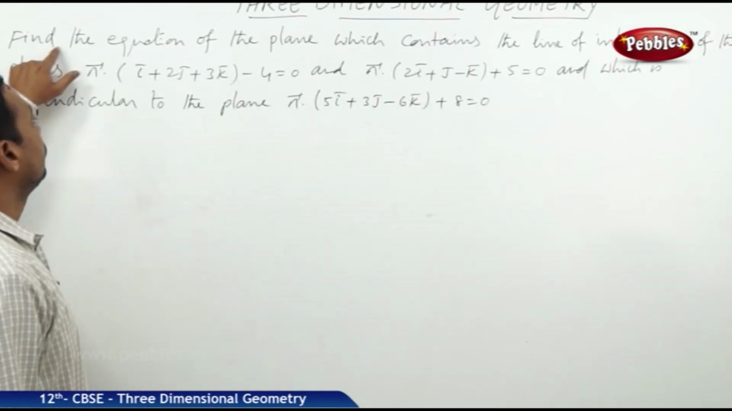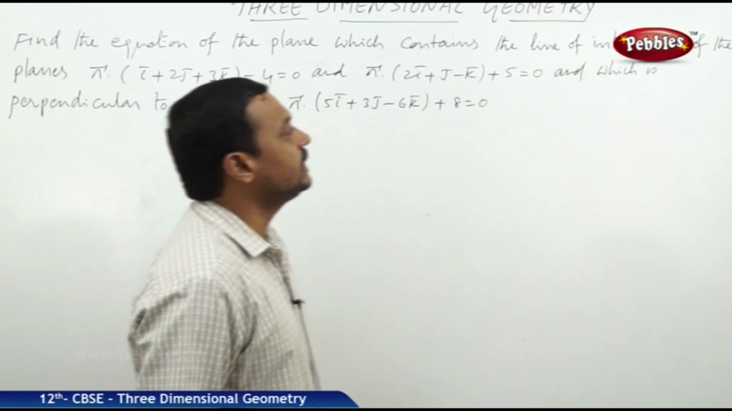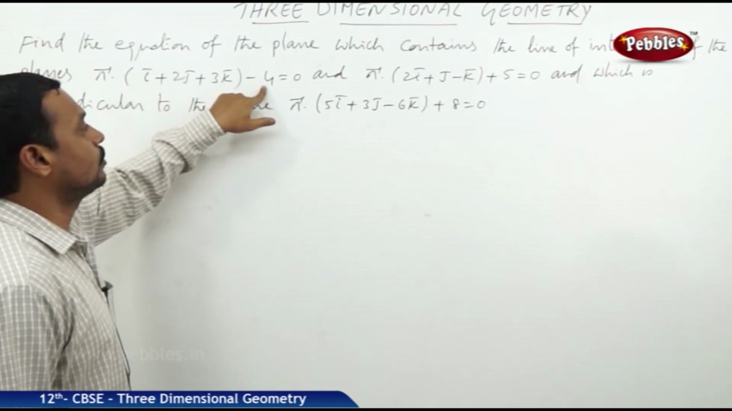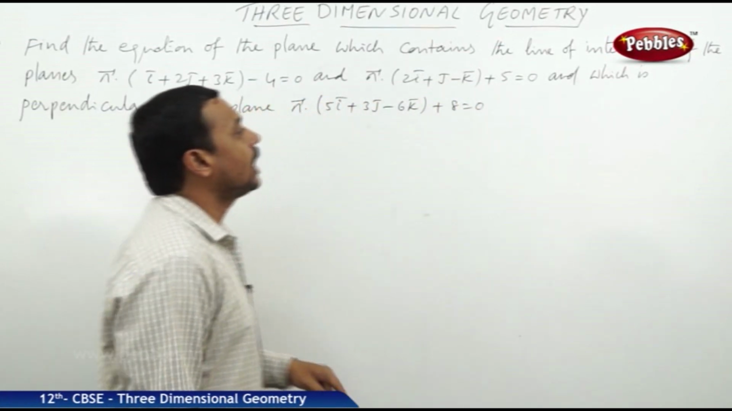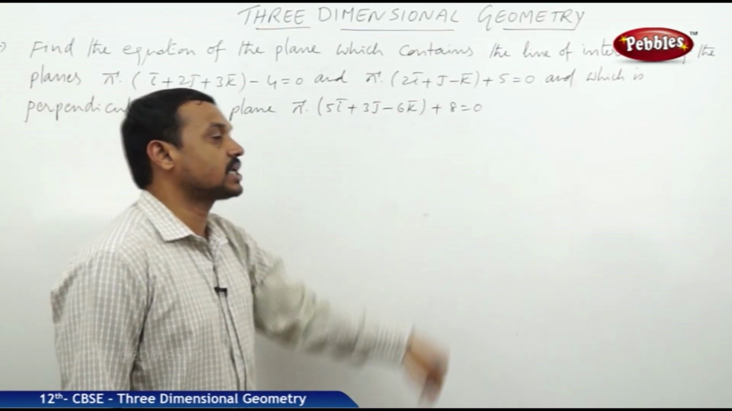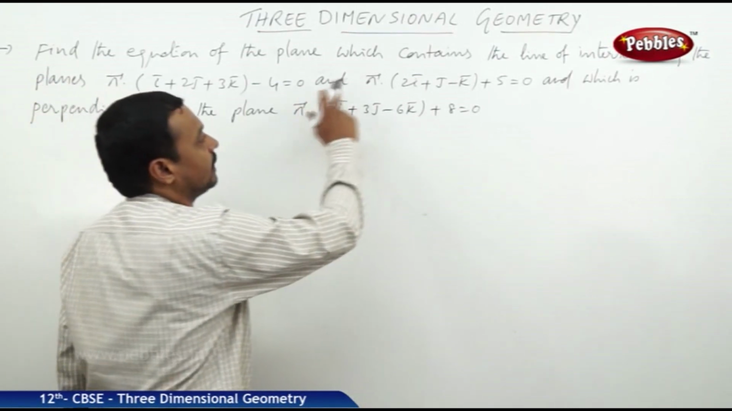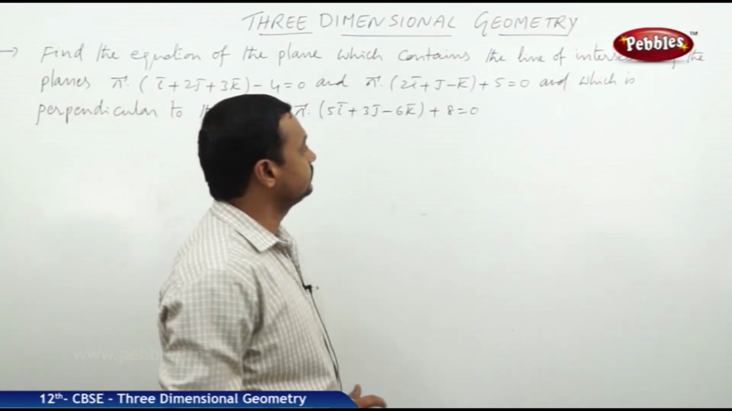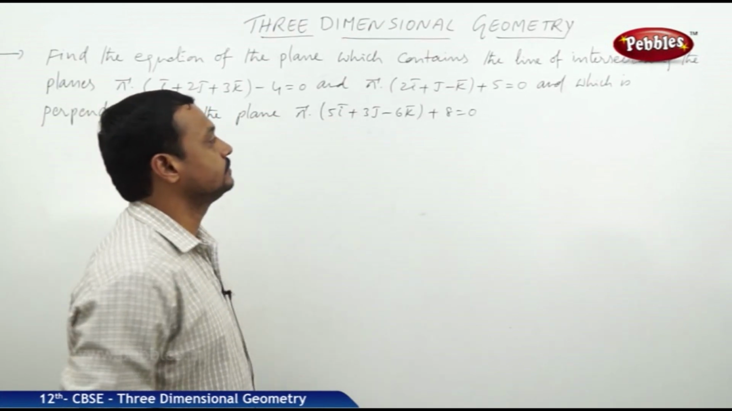planes. Now find the equation of the plane which contains the line of intersection of the planes r dot i plus 2j plus 3k minus 4 equals 0 and r dot 2i plus j minus k plus 5 equals 0, and which is perpendicular to the plane r dot 5i plus 3j minus 6k plus 8 is equal to 0. Now, how to find the equation of the plane containing the line of intersection of the two given planes